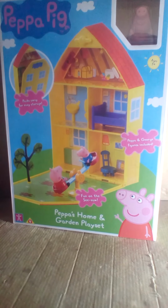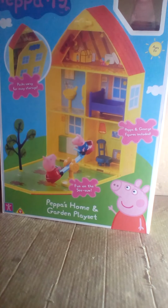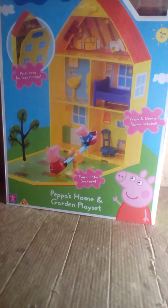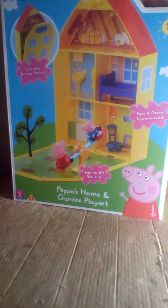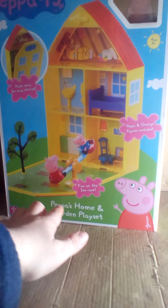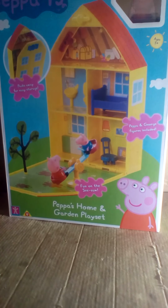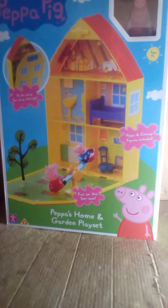Welcome to Thailand. Today we are going to be opening, oh my gosh, I am so excited for this toy. I've never been so excited. Oh my gosh, look, it's the Peppa Pig house, garden, home and play set. We can finally have a house for our Peppa Pig toys, and right at the top is a Peppa Pig